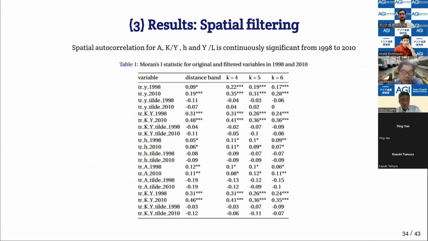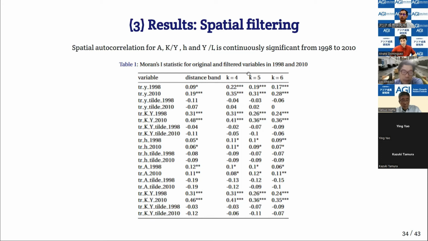And what are basically the results? First of all, we want to filter data that is spatially autocorrelated, meaning we want to filter data that shows spatial patterns. In this table you can see we have some variables, for example, the trend, because we use the Hodrick-Prescott filter to avoid business cycle effects. For the years 1998 and 2010, the spatial autocorrelation numbers shown in the table are statistically significant. Here the columns are different neighbor structures, spatial weight matrices,